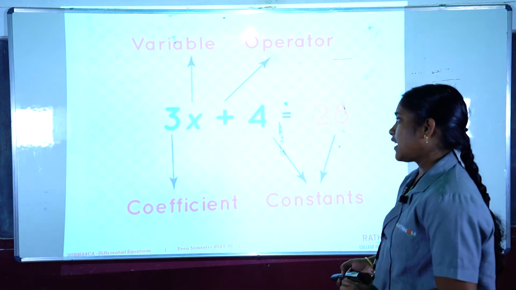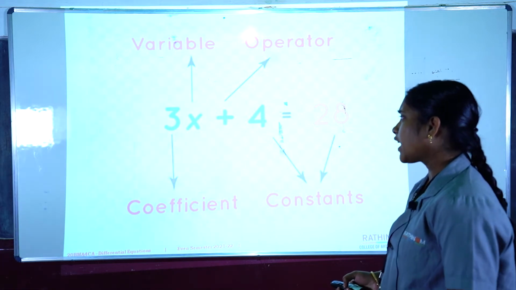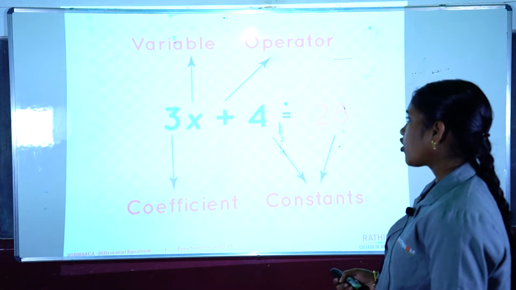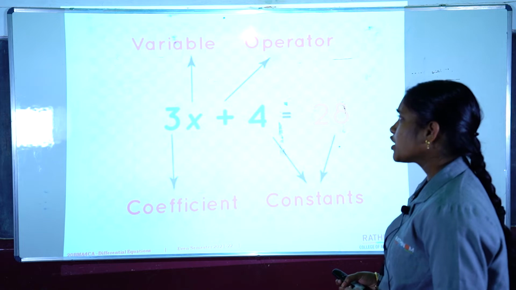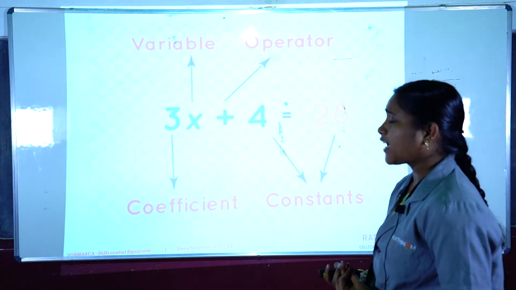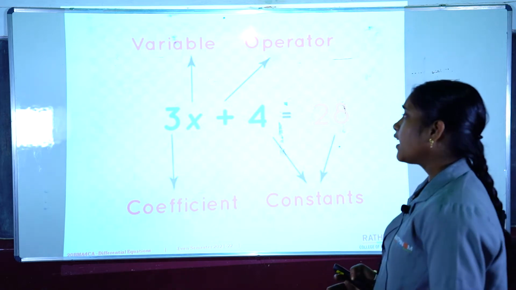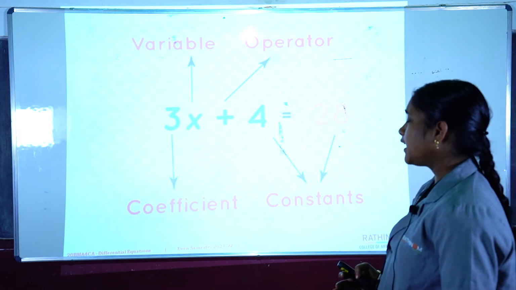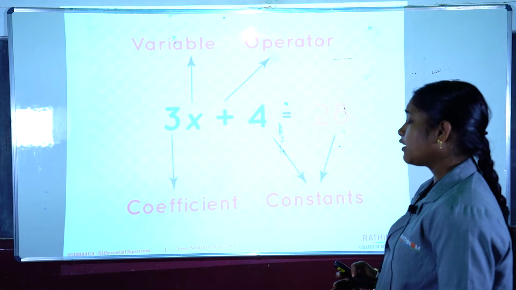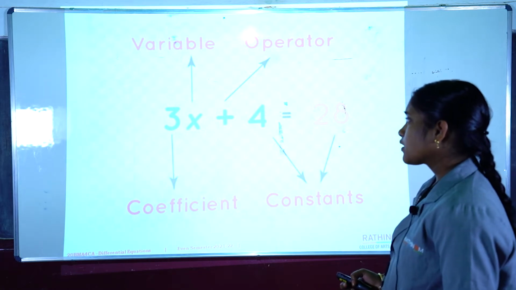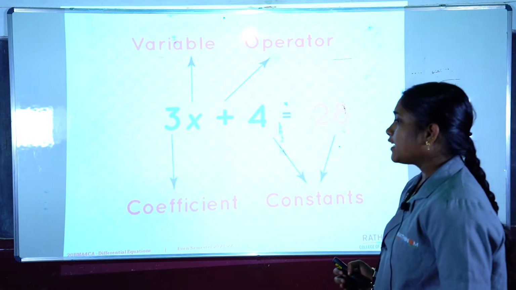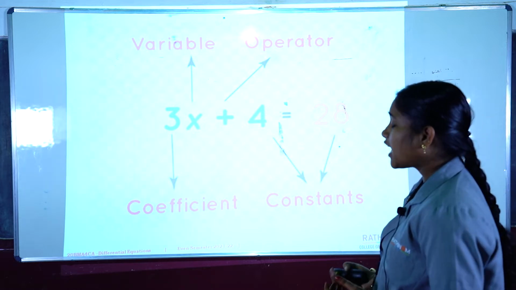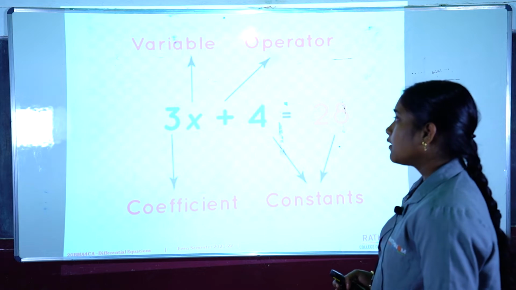Let us consider an expression. Here we have some variables, coefficients, operators and constants. The combination of all these we can call an algebraic equation. Here we don't have any derivatives like dy by dx or dy by dt or dy by d theta. So to define a differential equation, we have to understand what algebraic equations are.